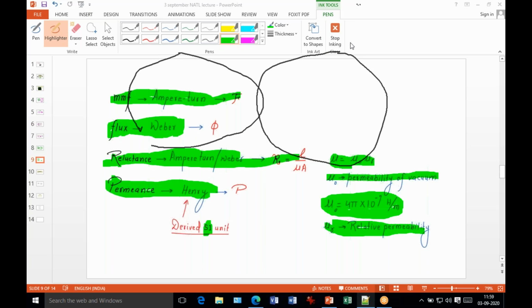I hope you understand the magnetic circuits, their application, and their general architecture. You know there are two cores, an outer core and an inner core, and a number of turns in the coil. Then of course current is available and some flux is available. Then this is a magnetic circuit. So that's all for today's lecture, and you have also understood some parameters.